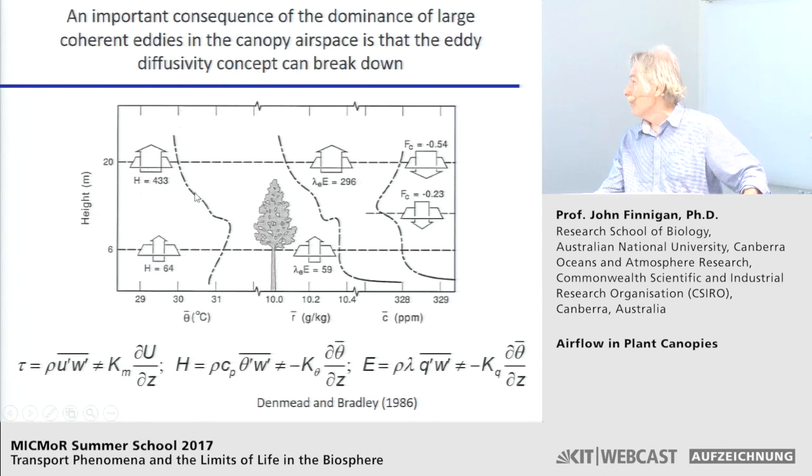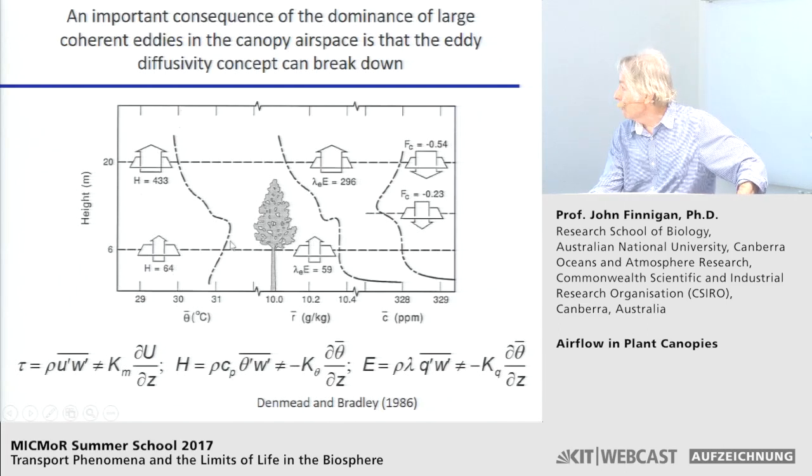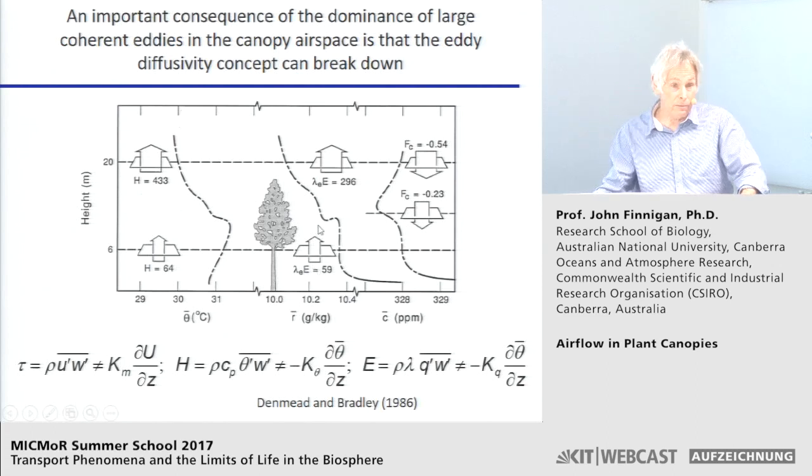So the heat's going from high temperature to low temperature as it should do if God's in his universe and so on. But down below in the trunk space, where temperature is increasing with height, heat is still going up. If we look at water vapor, up here, the water vapor concentration is decreasing, the evaporation is upwards, the latent heat is upwards. Down here, there's no gradient in water vapor concentration, but there's still a substantial upward flux